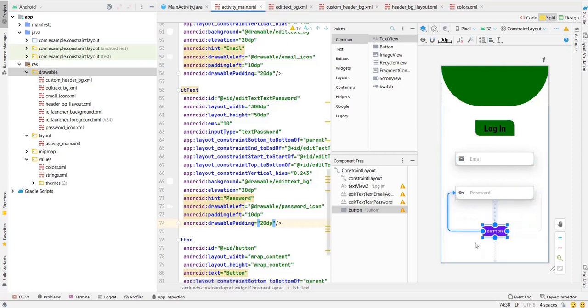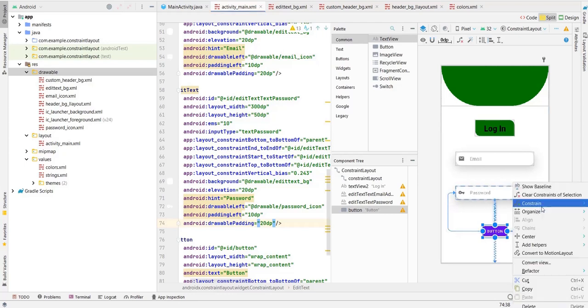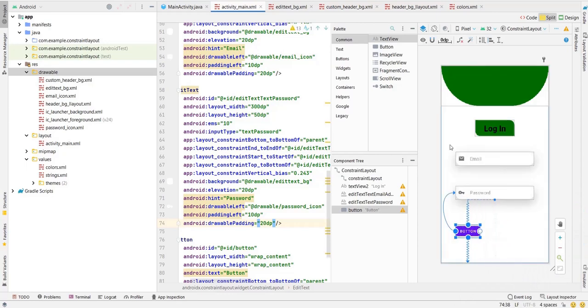One thing you must have observed is that whenever we add the left and right constraints to the previous layout's left and right, it comes to the center with respect to that previous layout. When I remove this right constraint, we see that the left alignment of this button and this password field has become the same line. And when I add this constraint again,